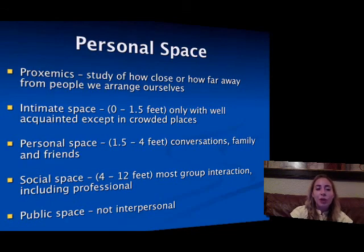And so if you want to be very specific with intimate space, intimate space is the smallest. It's 0 feet, which means you're very intertwined, or 1.5 feet. So between 0 and 1.5 feet, obviously this would only be with people that you're well acquainted, unless you're in a crowded place. So if you're in a packed elevator,